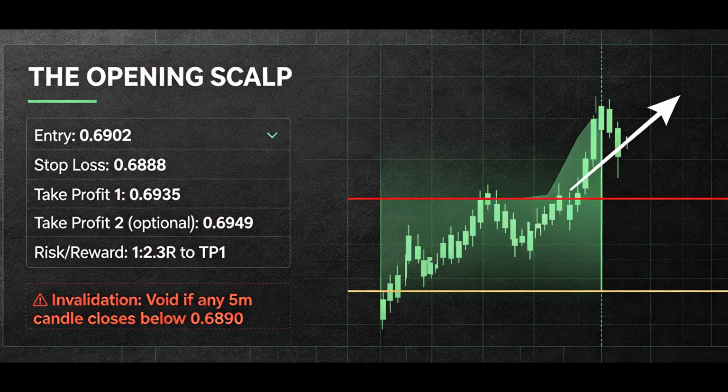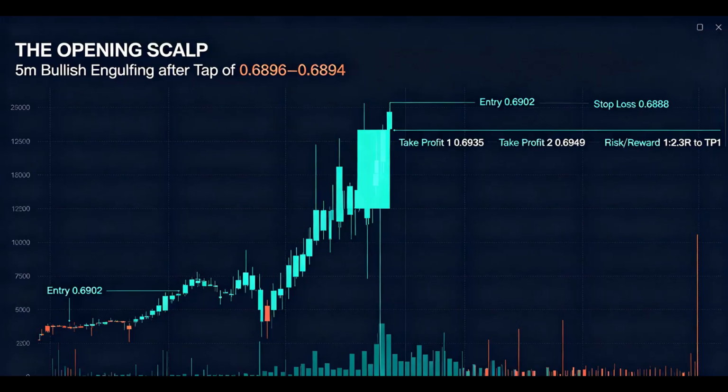A lot of weak longs will have stops just below 0.6890, and a lot of breakout shorts will try to sell a breakdown of the 0.6896 level. The liquidity grab plays out when price pierces below 0.6890, triggers those stops, and then snaps back above 0.6896 within the same 15-minute candle. The entry is on the reclaim of 0.6896 after the fakeout, so we wait for a 15-minute candle to close back above 0.6896 and enter at 0.6898.